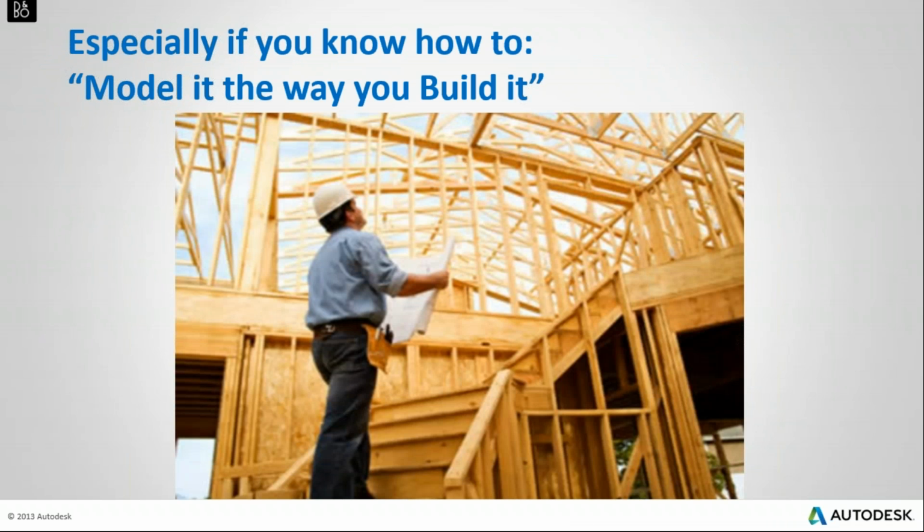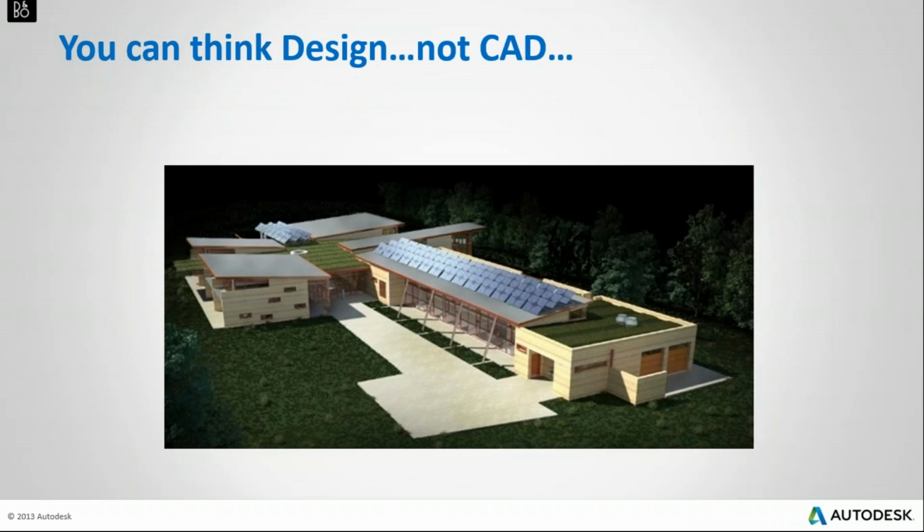You guys who really understand how something is designed, how something is built, once again, you will be so much more successful than someone who's just coming out of college, because they don't get it and you get it. All right, I got to wrap it up. I think I'm almost finished. Then you can think design and not CAD,